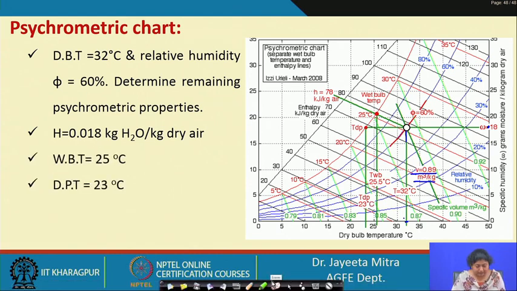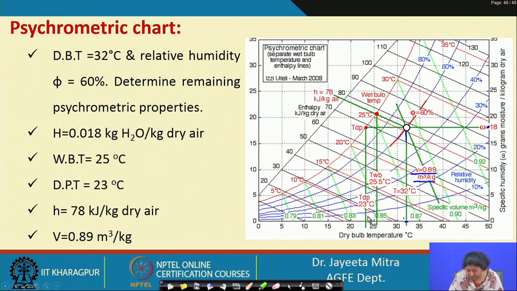Now, then what we can calculate is wet bulb temperature and dew point temperature. So, what is wet bulb temperature? Now, we have to follow the constant wet bulb line, which in many cases is just taken as similar to the enthalpy line, and then we need to reach the 100% saturation. Okay. So, here we will follow that, and when we reach the 100% saturation, we draw a vertical line.